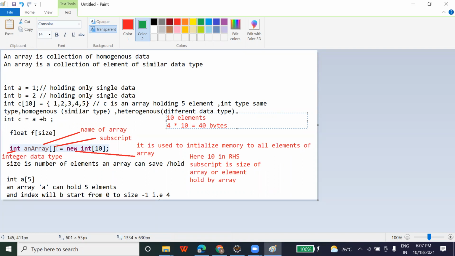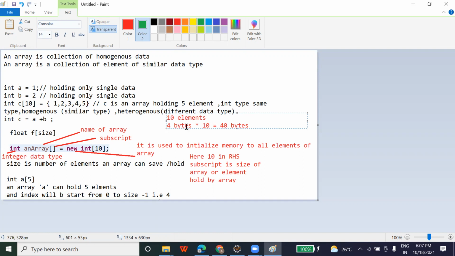Suppose here 10 is the size of the array. This means that you can save 10 elements in there. So 4 into 10, where 4 is the 4 bytes occupied by each element, that is 32 bit. So 4 into 10, yes.